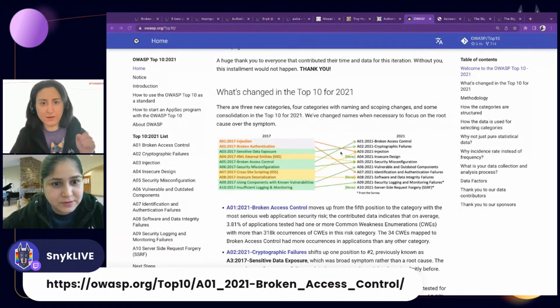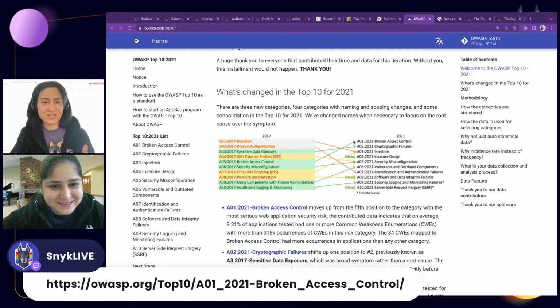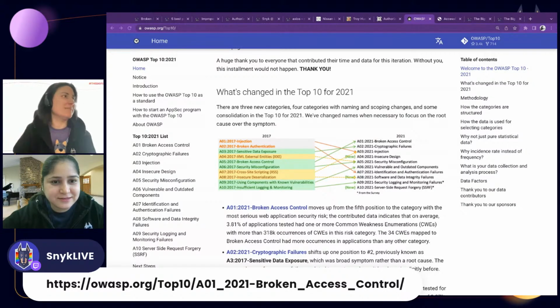As you mentioned, Vandana, the organization OWASP releases this OWASP Top 10 list every two to three years almost. The last one was 2017 and the new one is 2021. As you can see, there are changes in the ranking. And as you mentioned, broken access control has gone to the top, because it used to be injection, but now it's broken access control. So this is really something that we should tackle within our code base to make sure that we don't have this.